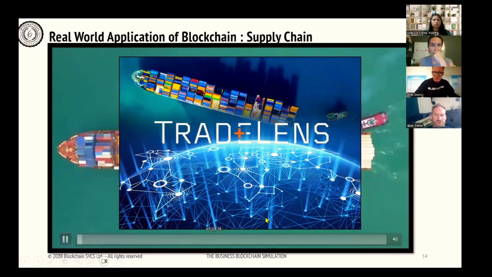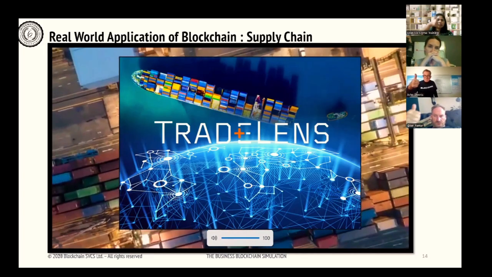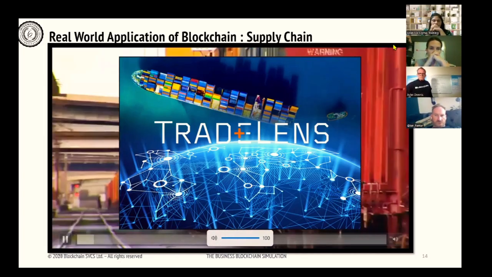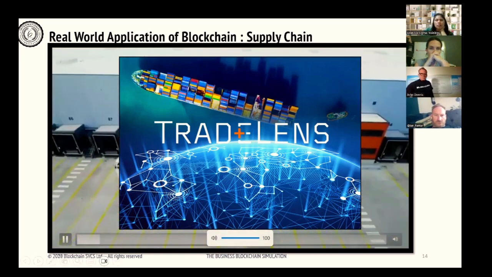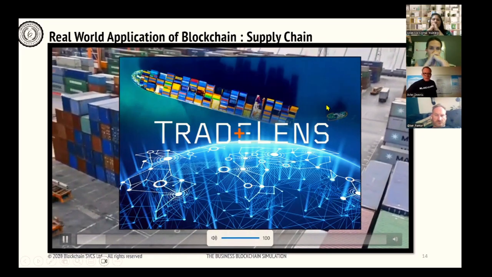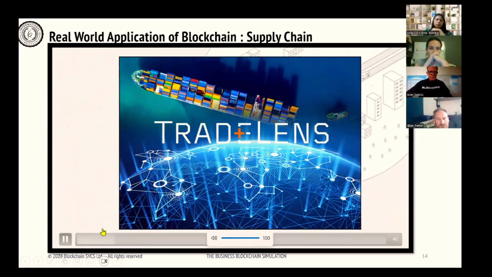Every day around the world, millions of shipping containers are in motion. An incredible achievement of logistics, coordination, and communication. But legacy data systems and manual document handling cause friction that costs both time and money for businesses and people throughout the supply chain. TradeLens is a digital shipping platform powered by blockchain that enables unprecedented